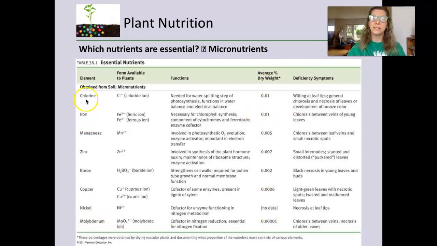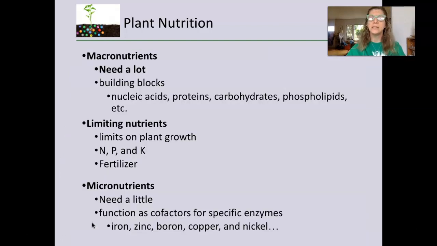And you can see that these are many of the things that you're familiar with and many of the things that we associate with minerals in general. So macronutrients, they need a lot of. They're the building blocks of nucleic acids, proteins, carbohydrates, phospholipids. They're limiting nutrients, so they limit plant growth, and so you need that nitrogen, phosphorus, and potassium, and they're often